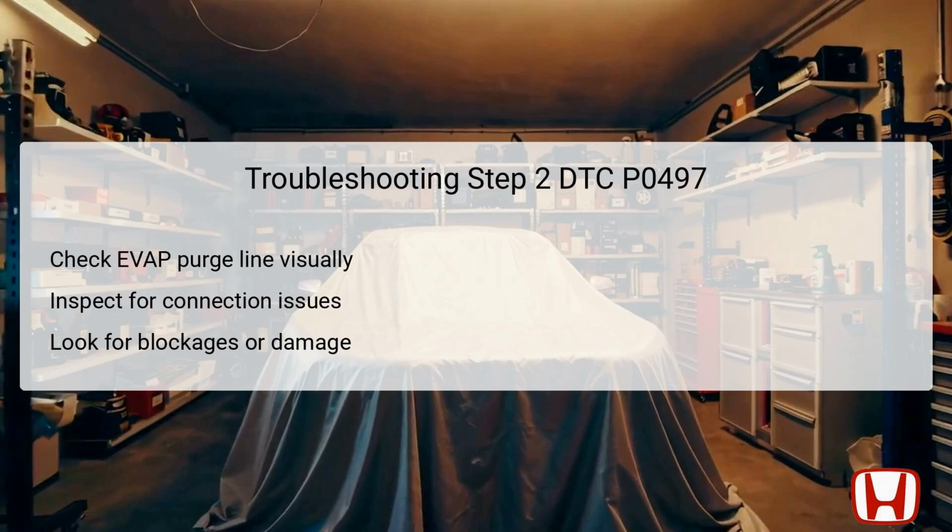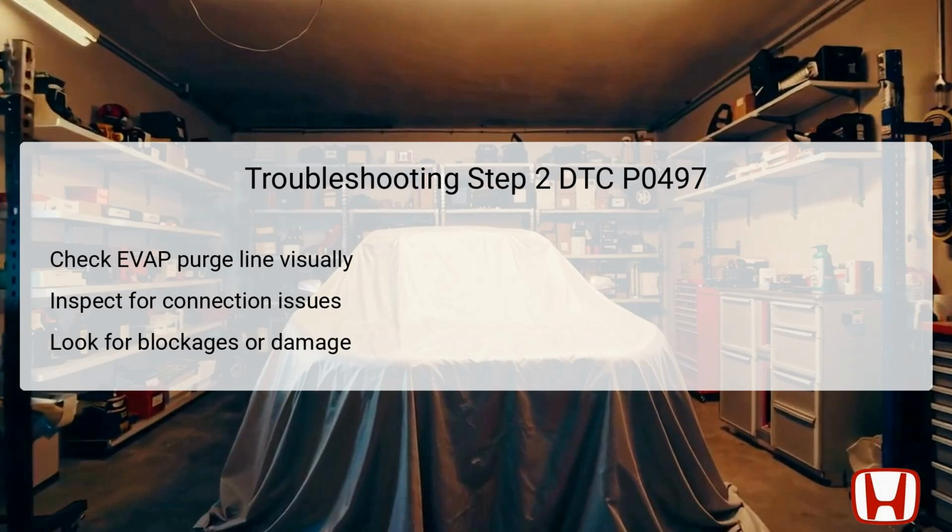In the second troubleshooting step, the next logical action is to conduct a visual inspection of the EVAP canister purge line. Begin by turning the vehicle to the off, lock mode to ensure safety while performing inspections. Examine the line that runs between the throttle body and the EVAP canister for any signs of damage, blockages, or poor connections. This thorough inspection is crucial, as any obstruction in this line can significantly affect the system's ability to purge fuel vapor properly. If issues are detected, proper reconnection or repairs should be made to the EVAP canister purge